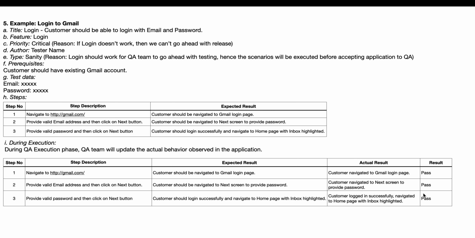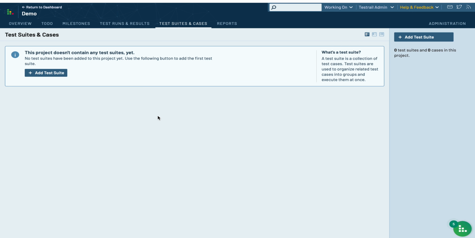So this is how we document test cases. And then let's go through a demo on how we do the same steps we discussed, creating a test case and executing a test case. So I'll give a demo in TestRail. So the way